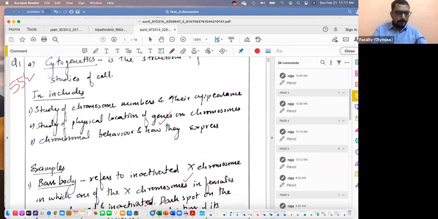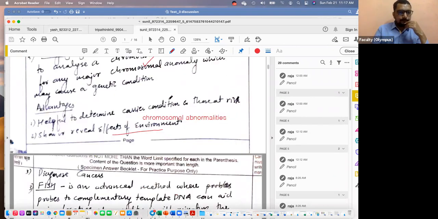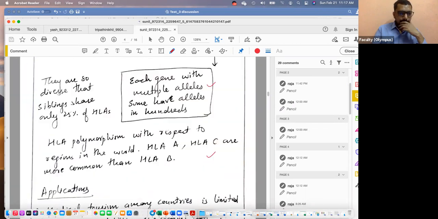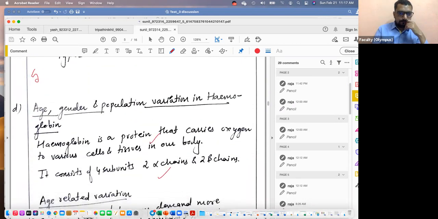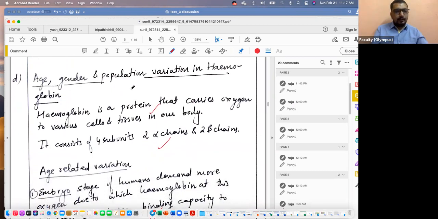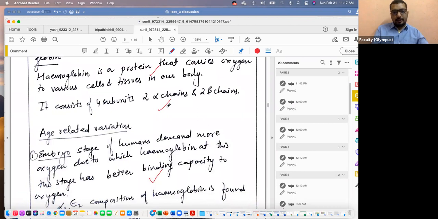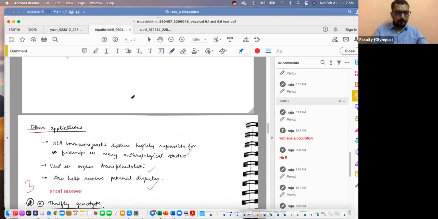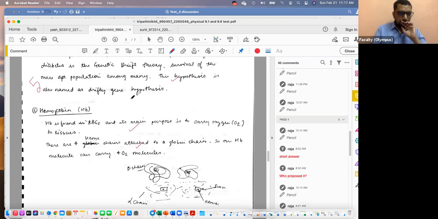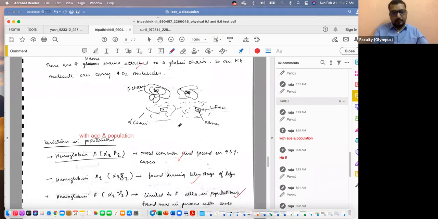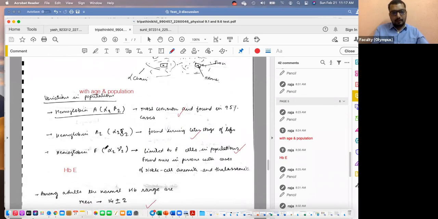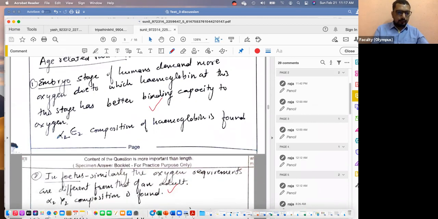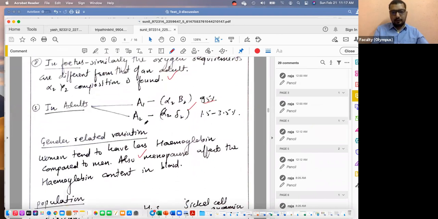Sunil, if I give you. Yeah, age, gender, population variation. You defined hemoglobin. Chains you briefly mentioned. You can draw a simple diagram for this. If I'm not wrong, I actually think they've drawn diagrams for this. Use that approach. Hemoglobin, a simple diagram like this. And variation in population, A1, A2, and F, and HBE also you can mention, right? So this organization, flowcharts, I think you did A1, A2, that is all right.